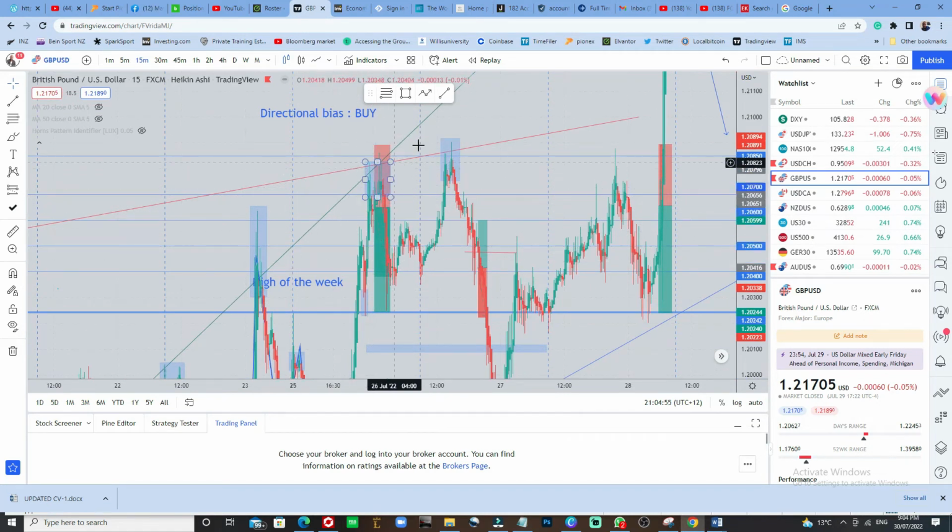Look at this trend line, this trend line, and this psychological level. The market came up here, and you can see this weak rejection here. This weak rejection made me take this trade. Although I would have taken it here, I think I took it here anyway, and it rolled down.